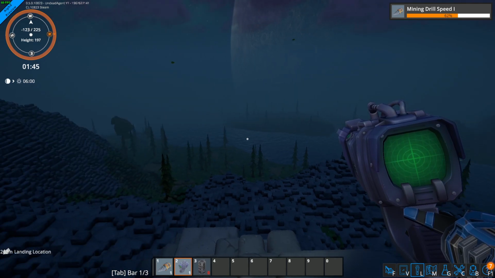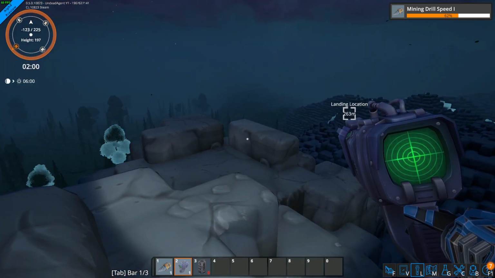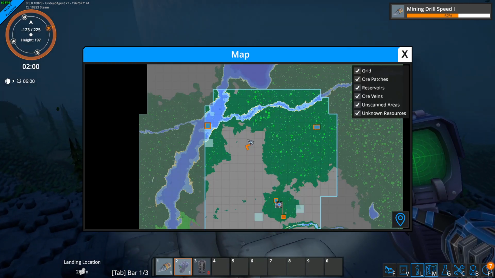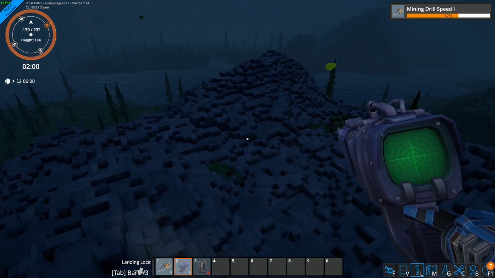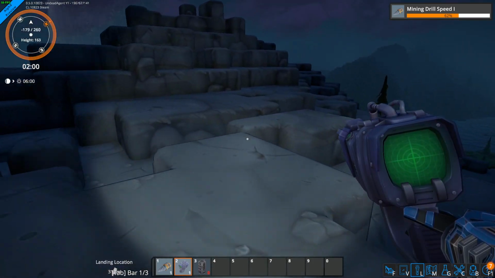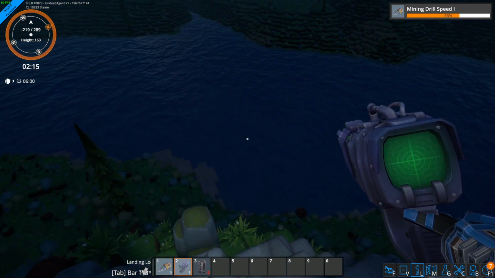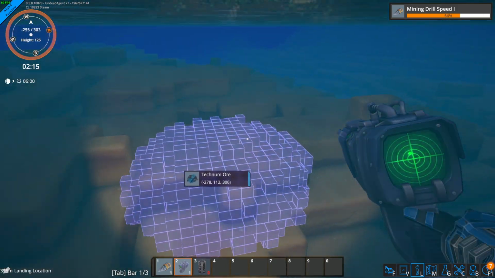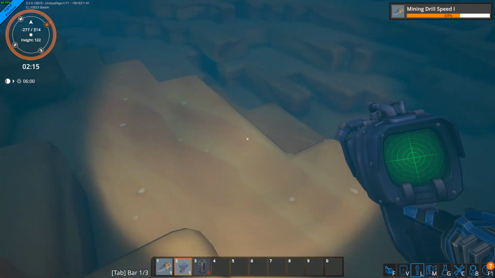Oh, and there's water. Big planet in the background. Oh well, no resource. Oh, there we go. A technum ore in the water. I don't think I've ever seen an ore in the water before, well, ever in this game. Where is it? There. Oh, it's underground. Now, I have no idea if you could drown in this, so...